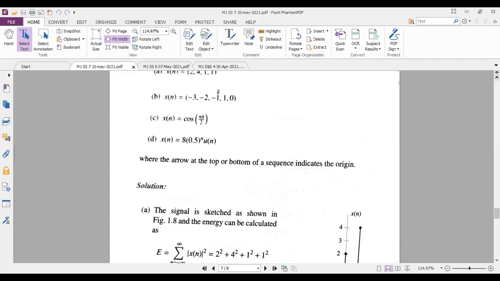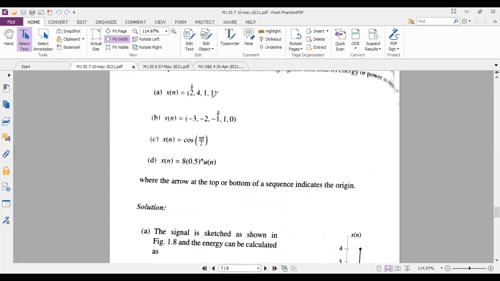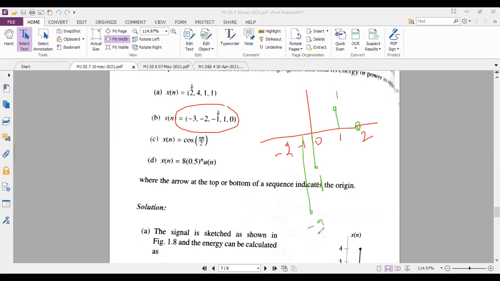Now I want you to tell me about the second question, how I have to do the plot, because it is very important. I will just take the scale -2, -1, 0, 1, 2. Tell me, at 0, what is the plot I have to make? -1, very good. At 0, -1. I will complete the positive side first. At 1, the amplitude is 1, and at 2, the amplitude is 0. Now I'll come to the left hand side. At -1, my amplitude is -2, and at -2, my amplitude is -3.